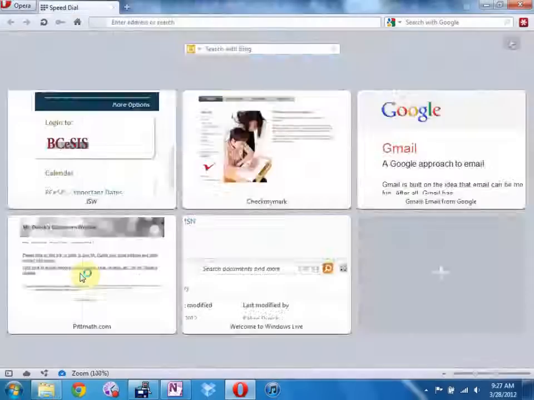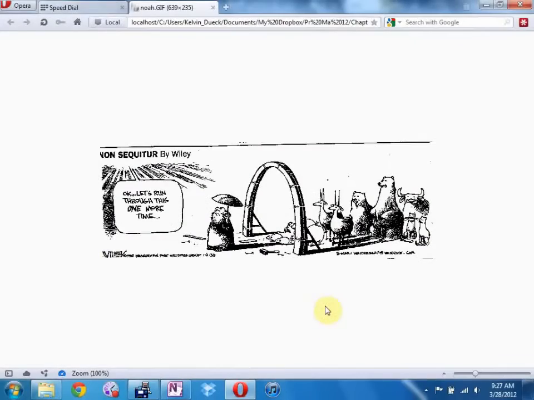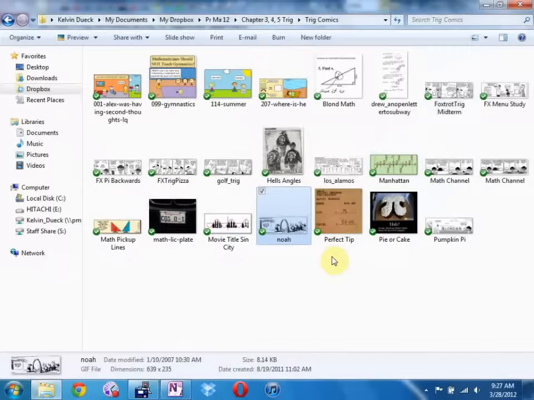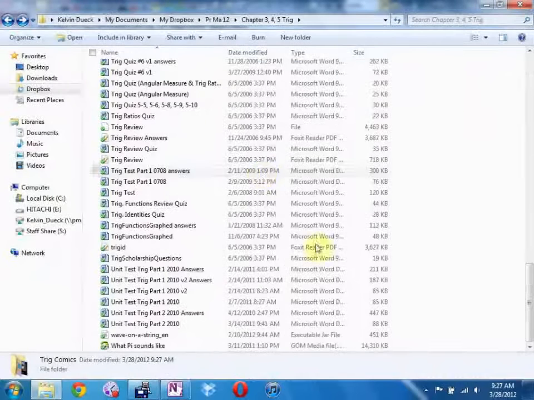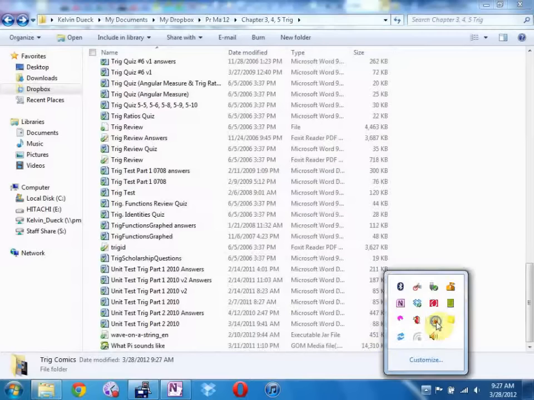Let's try that. Sure. Can I make it bigger? I don't think I can. Here's Noah. There's the animals. God's saying, okay, let's run through this one more time. Noah's Ark. Noah's Ark. Okay, tough audience. I think those are all my math comics. I'm deliberately going to